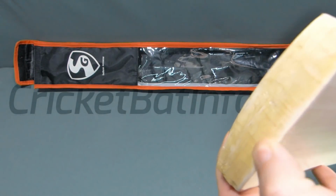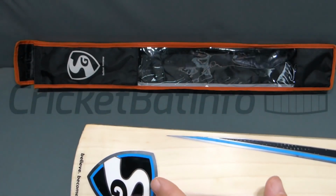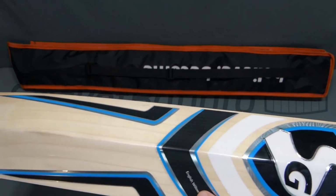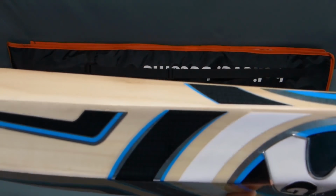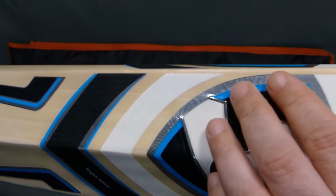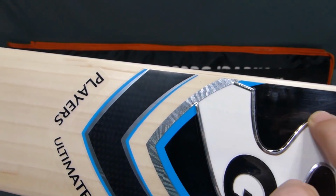I don't know what this is on the toe. It's some sort of glue coating. Maybe it had a toe guard on it that was removed. So you've got here Believe Become, which is the motto of Sunridges Greenfields, SG. English Willow. There's a little bit of embossing here, some texturing. You can see there Believe Become written into it. Most SG stickers don't actually have any sort of embossing, so this has got something. As soon as the ball hits those, they're going to be compressed down to nothing